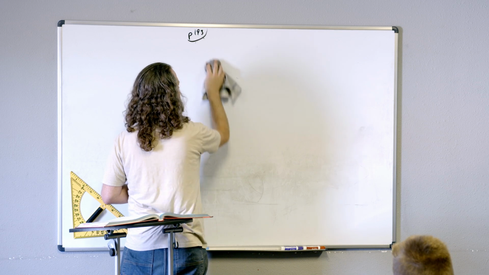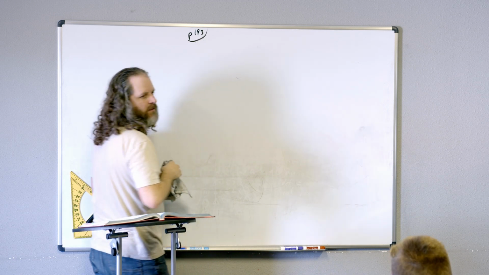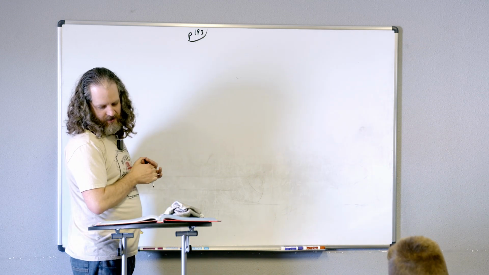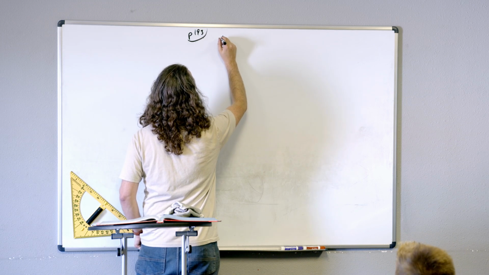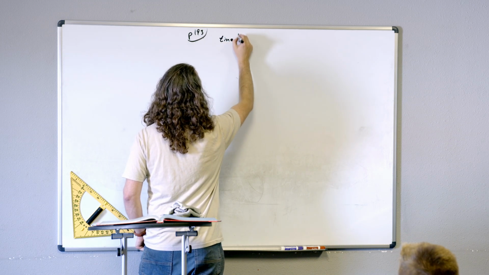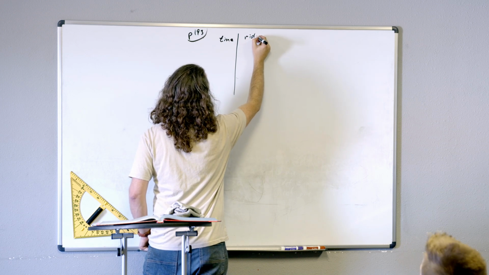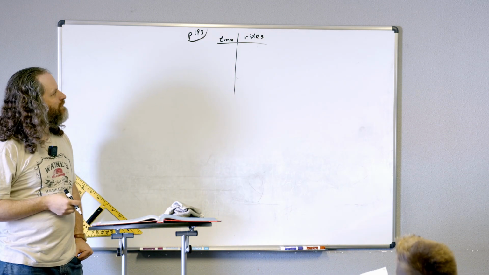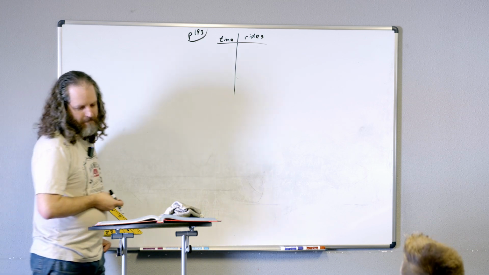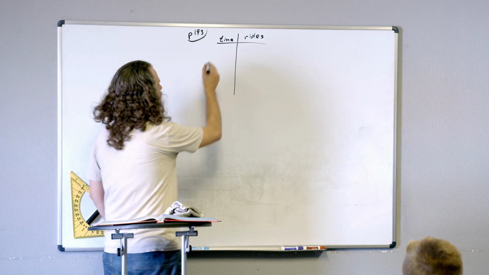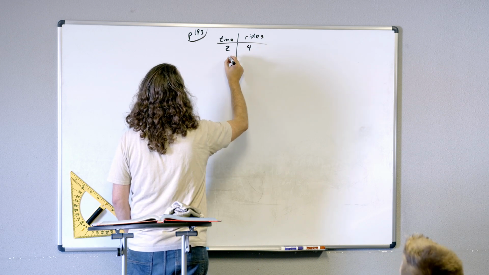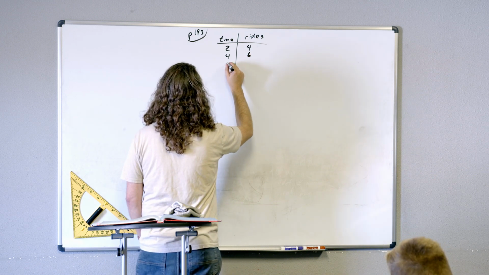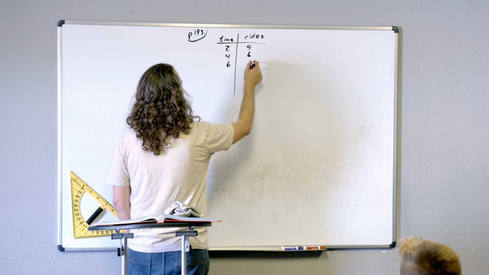Not a graph. You might mean the right thing, but not a graph. Chart. Yeah, a table. I thought that was what you meant to begin with. Okay, so time and rides. The book likes to write their charts horizontally. I like to write my charts vertically, but you can do it however you want to do it. Doesn't matter, right? So it tells us after 2 hours, they'd ridden 4 rides. After 4 hours, they'd ridden 6 rides, is that right? Yeah. 6 rides, and after 6 hours, they'd ridden,